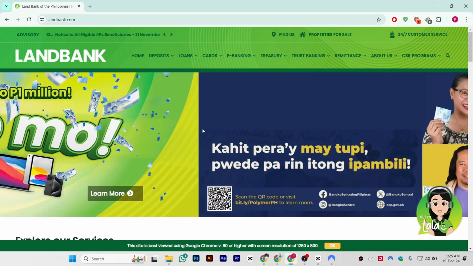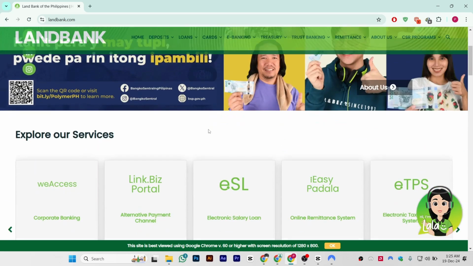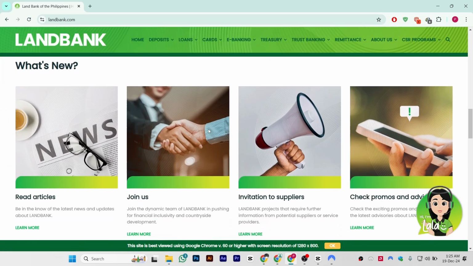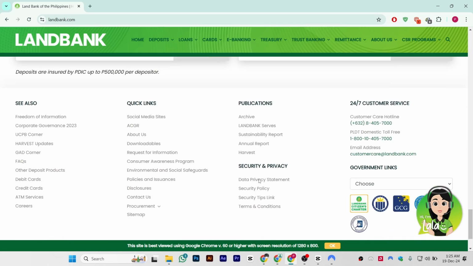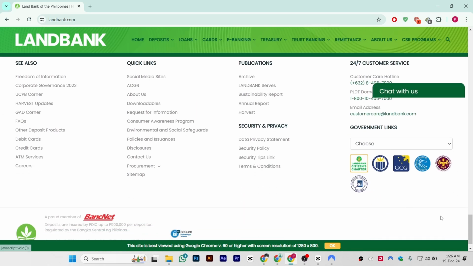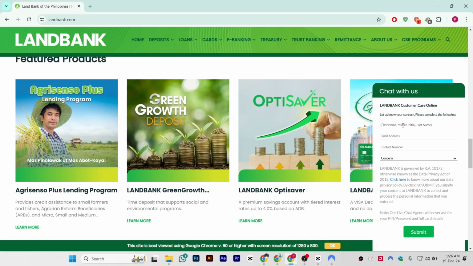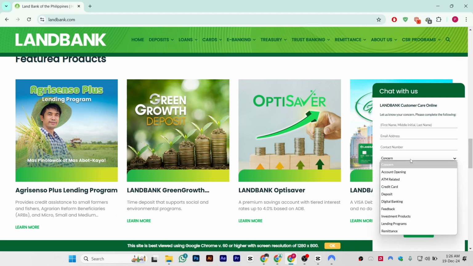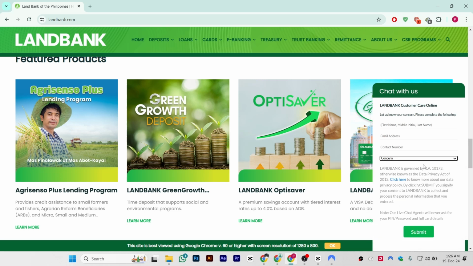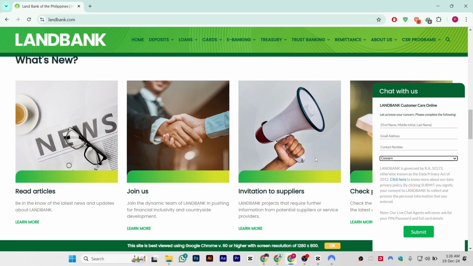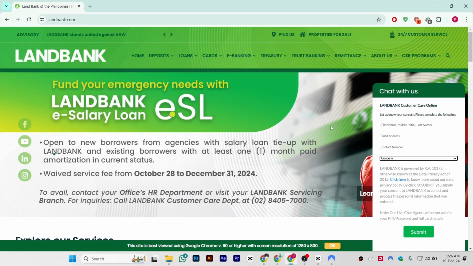After that, simply scroll down and at the end, here you will see "Hi, I am this", simply chat with us option. When you click on this option chat with us, here you can enter your name and your email address and your contact number and what is your concern, like what is your problem, what is your issue. After that you can submit this and they will get back to you, or either what you can do is